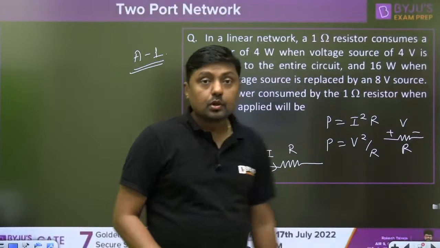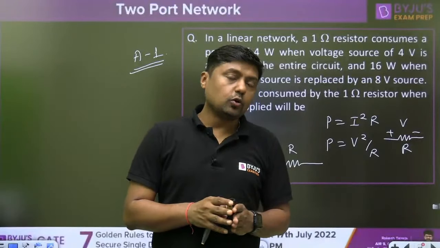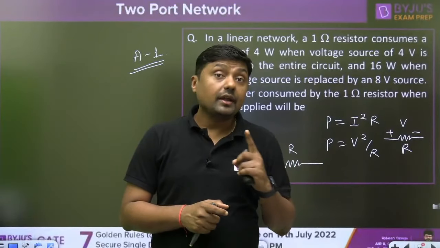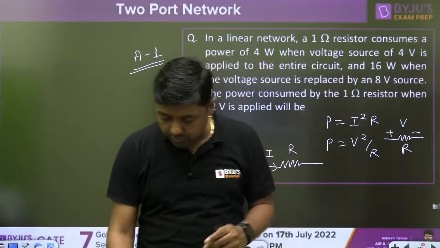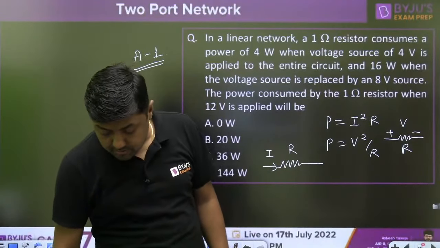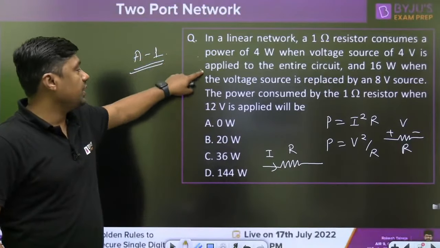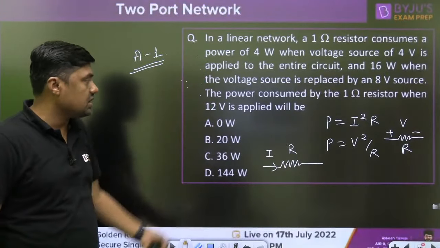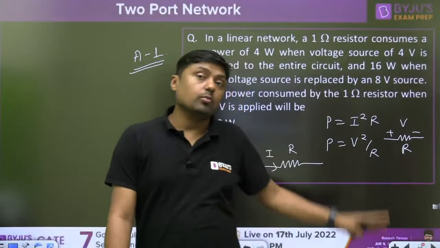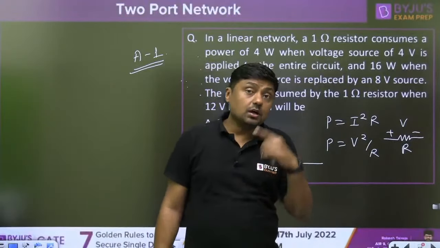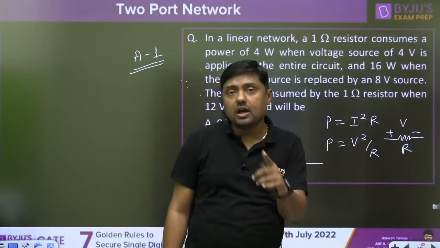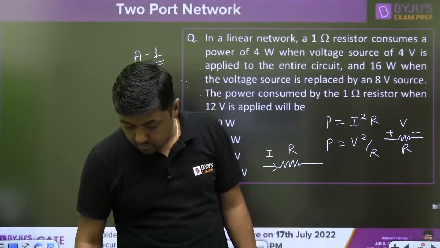There are two methods. First of all, find the current through the resistor, according to the given quantity. Power is given here, and then try to solve this question. It is a very lengthy question, but a very easy question. Lengthy means a 6-line question. These are the answers, but the solution is very easy, and you have to remember this formula. You have to find the current through the resistor, then apply the concept and you will get the answer. And give me the answer in the comments box. Okay. Then